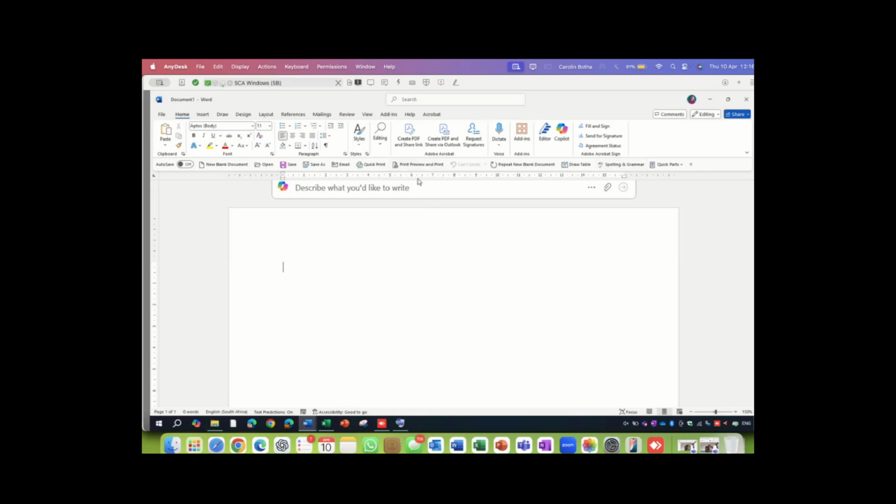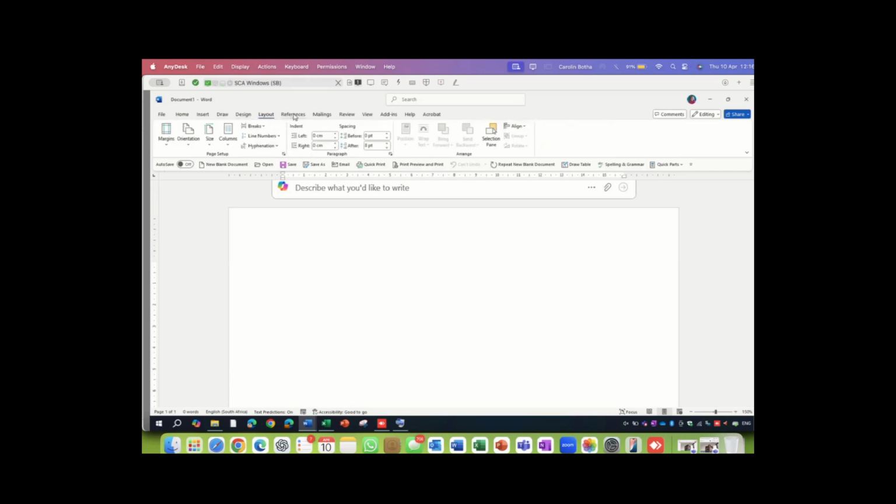So instead of me fiddling around, saying, was it on layout? Where did I find that resizing or orientation? Was it here? Was it there? Where was it? I don't have time for that. I want to do my work, and Word has to help me with that because it's an intelligent program and it's getting even more and more intelligent with the AI components being built in.